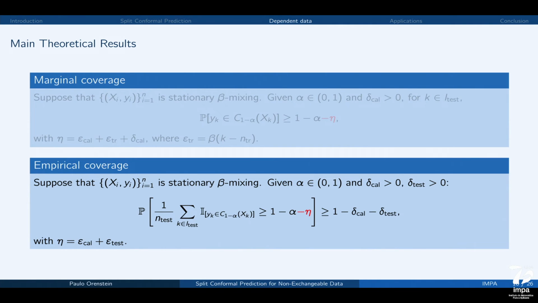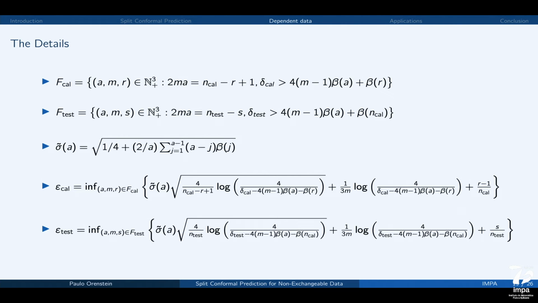It's not pretty, so let me foreshadow this. I'm going to show in the next slide the formula for epsilon cal and epsilon test. The point is not that you understand what's going on, but that you trust me that we know what we're talking about, and also that if n goes to infinity, everything is good. So without further ado, here's how you define epsilon cal and epsilon test. These are the last two lines here. It's honest math.